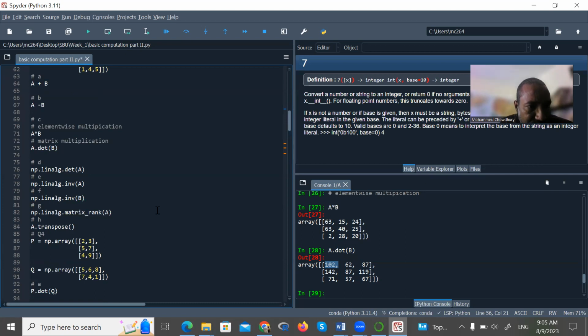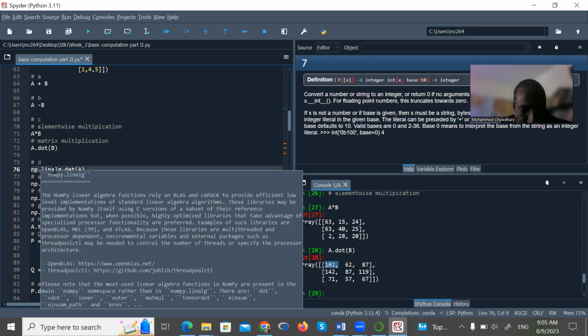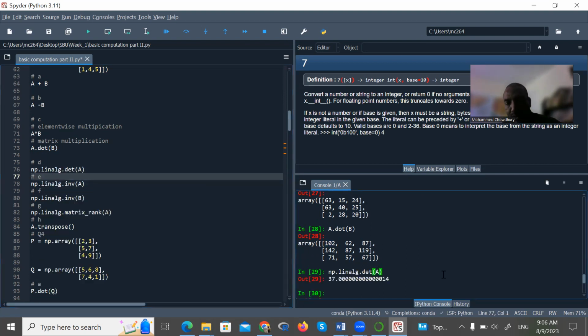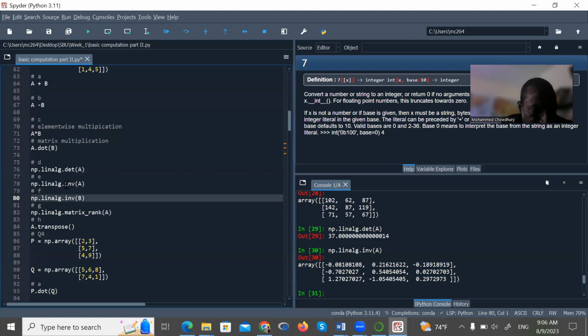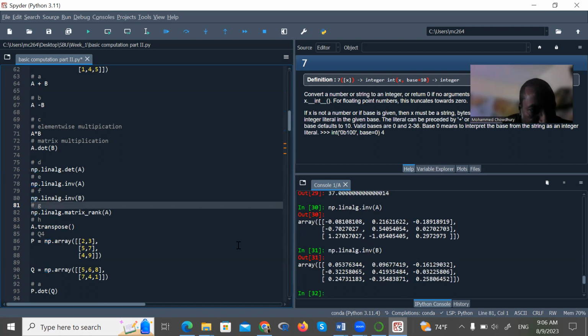Okay, so now after matrix multiplication, I want to find the determinant of the matrix. So this is the way determinants of the matrix can be found. So you know about this, how to find the determinants of a matrix, which is very important, and determinants of a matrix is important to find the inverse of a matrix as well. In order to find the inverse of a matrix, this is the formula: inverse of a matrix is the adjoint of that matrix divided by the determinant of that matrix. Okay, after getting the inverse of a matrix, and then the inverse of another matrix B,